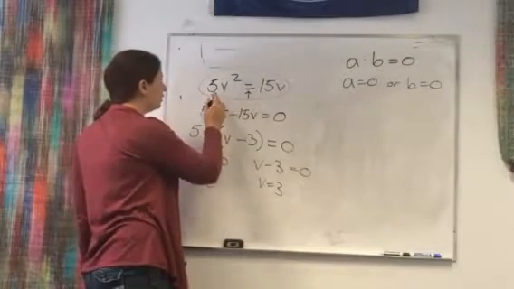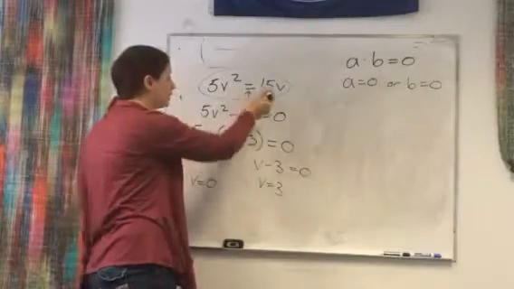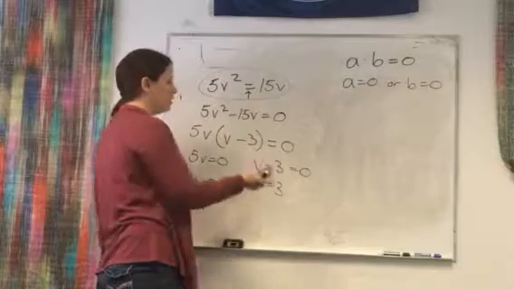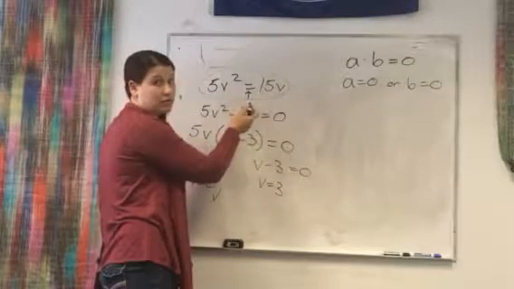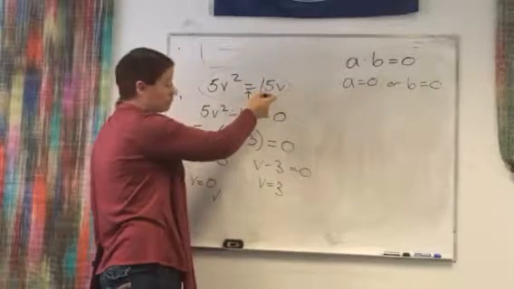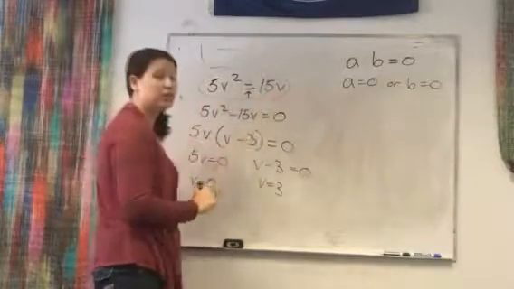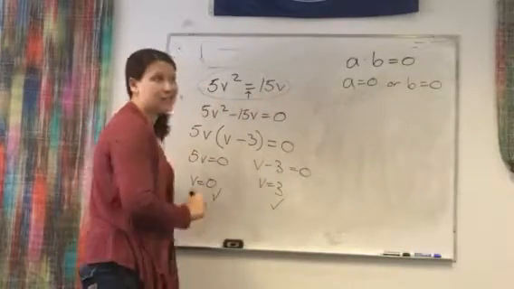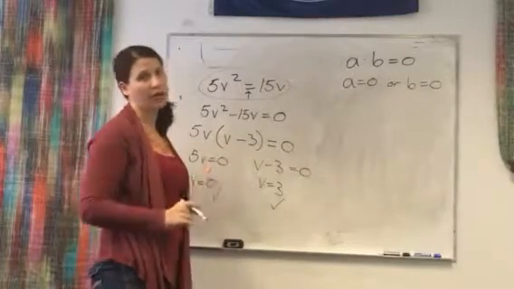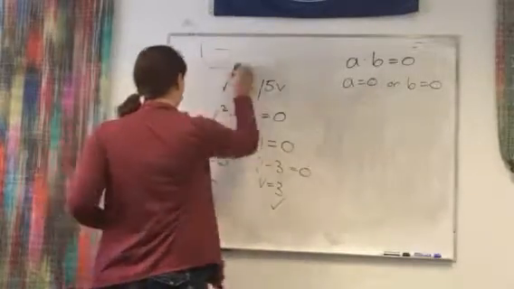So if we plug this in, well, 0 squared is 0, times 5 is 0, 15 times 0 is 0, so 0 works. What about 3 then? 3 squared is 9, times 5 is 45, 3 times 15 is 45 as well, so 45 equals 45. So they both work. Takes just 2 seconds to make sure you'll get 100% on a problem rather than an incorrect. Okay, so next equation that we'll look at